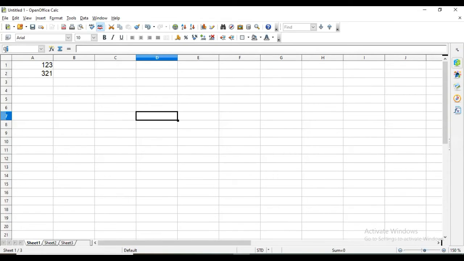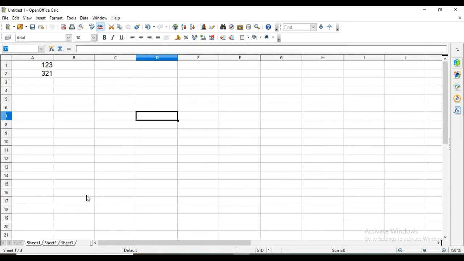So you can find it here, D7. Okay. And the cell which is surrounded by this dark border, that is called the active cell. Means now if we do anything here, that will be applied in this cell only. Okay, so active cell is where you are typing something or editing something.